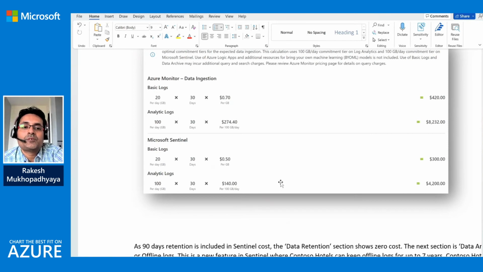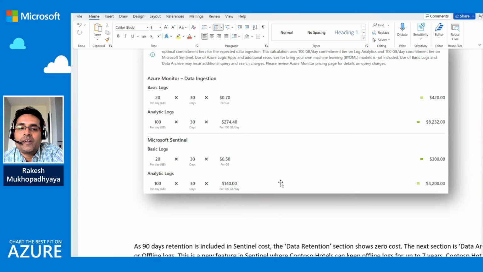As I have selected basic log as 20 GB, this cost comes to 420 plus 300, because I am adding both the Azure Monitor cost and the Microsoft Sentinel cost. And then the analytics cost is $8,232 plus $4,200.